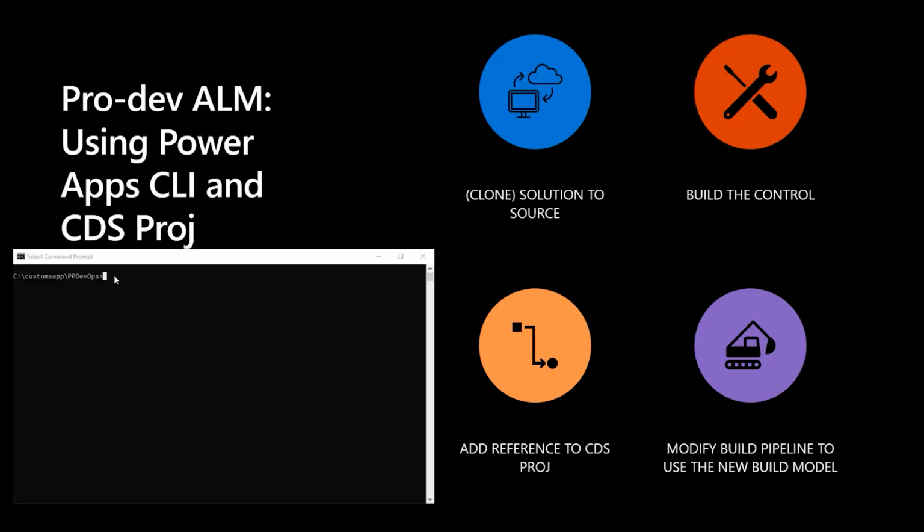So we want to use the Power Apps CLI to pull the latest solution from a dev environment, and we might have been pulled in by a citizen developer who's been building something and now want to enhance it with some more pro dev capabilities, such as a PCF control. So what we can do is use the pac auth create to add a connection to an existing environment. pac auth